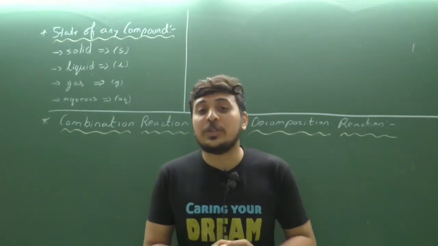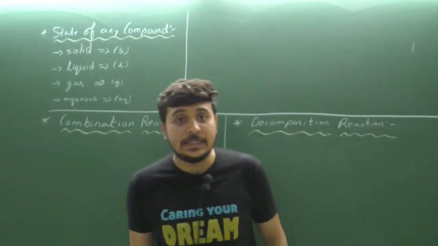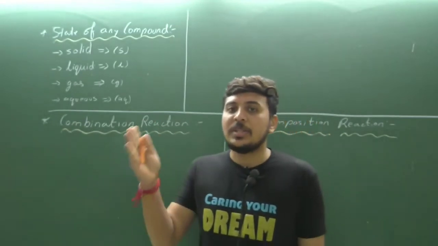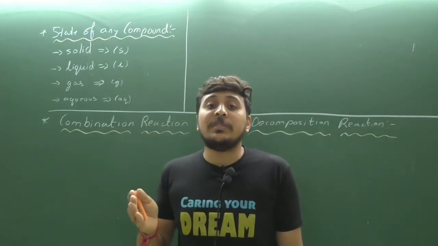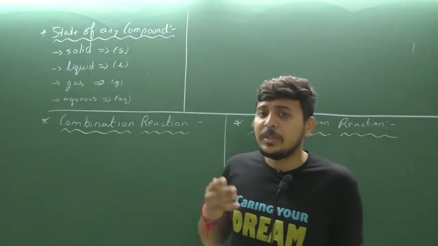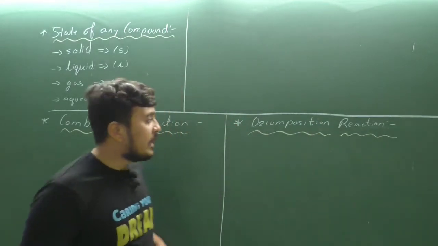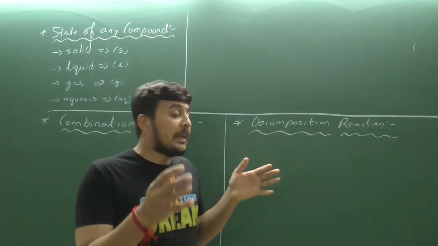I think this is our fourth lecture of chapter number 1 of class 10 science, that is chemical reaction and equation. In the previous lectures we have learnt about the physical change, chemical reaction, chemical equation, balancing the chemical equation, making the equation more informative. Then we have learnt about the different types of reaction. In the last lecture we have learnt about 3 different types of reaction, that was combination reaction, decomposition reaction and displacement